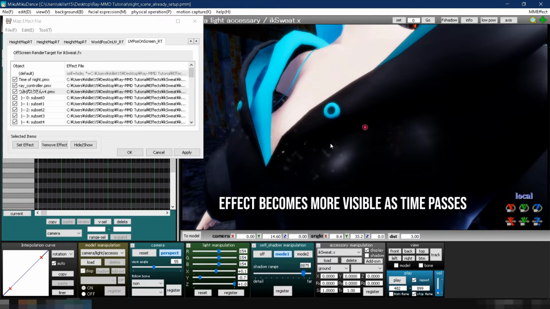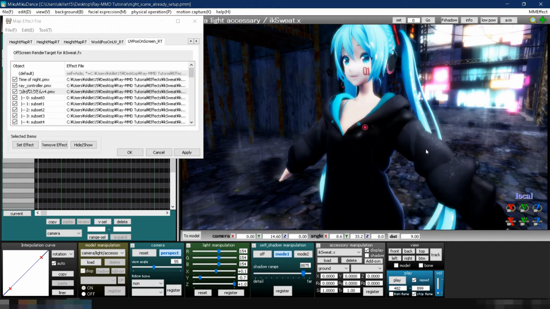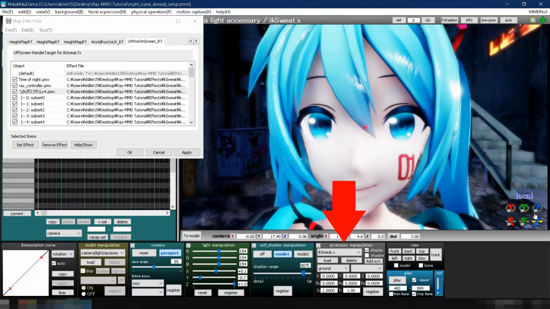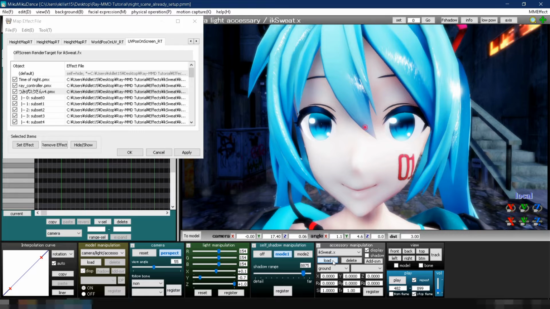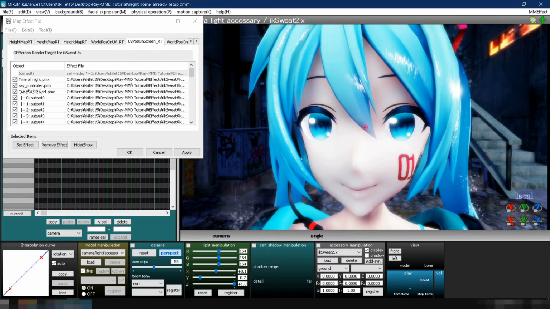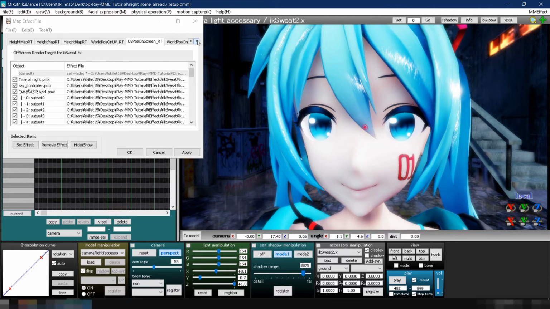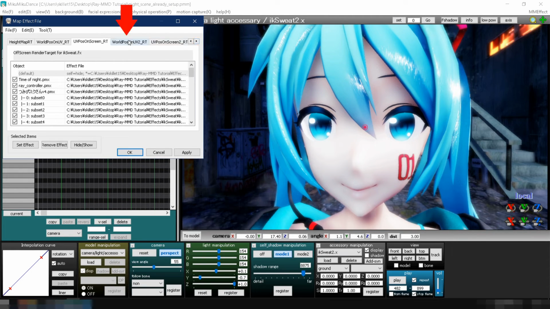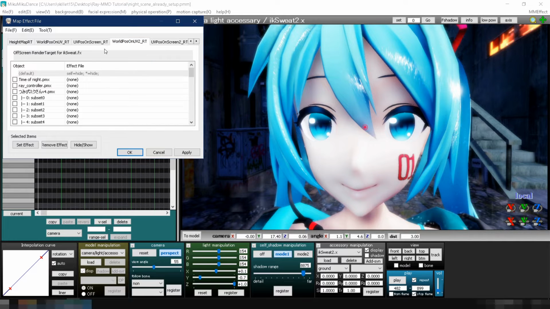Let's add more water, but this time let's focus the effect on the model's face only. Go to Accessory Manipulation, click Load, and on the IK Sweat folder, select iksweat2.x. In the World Pose on UV2_RT tab, select only the face of the model, which is subset 0.